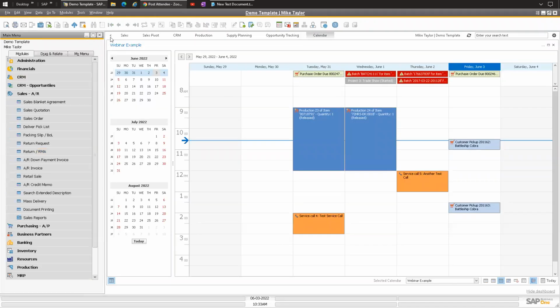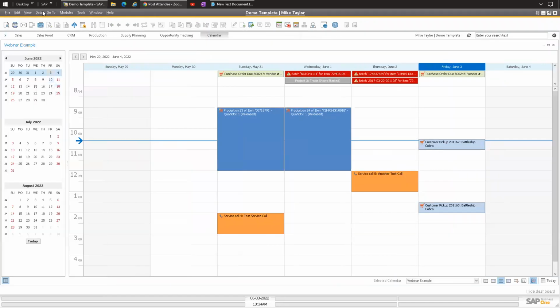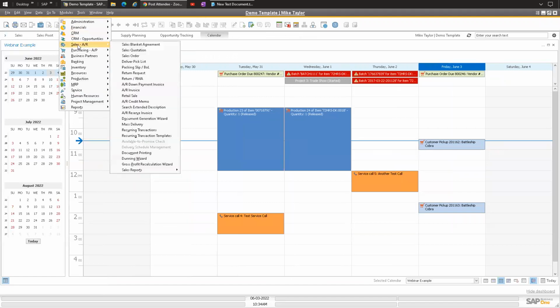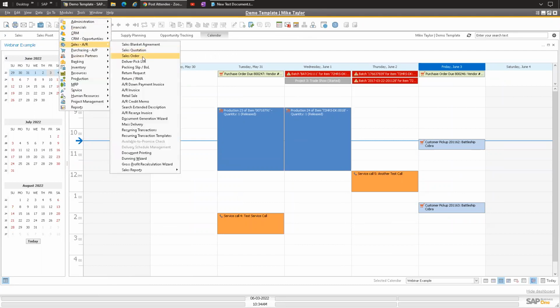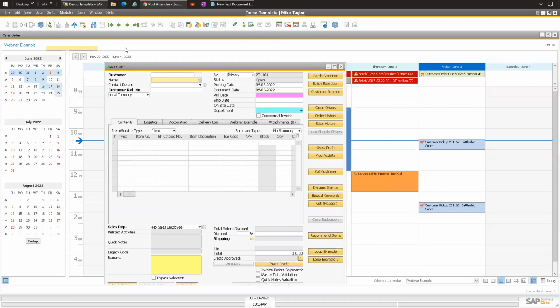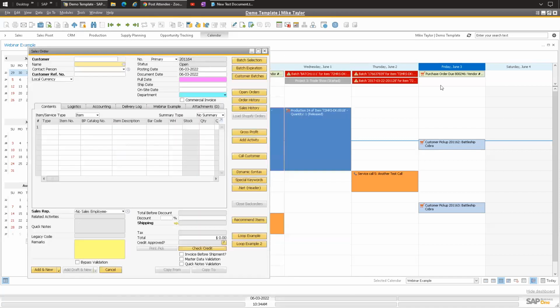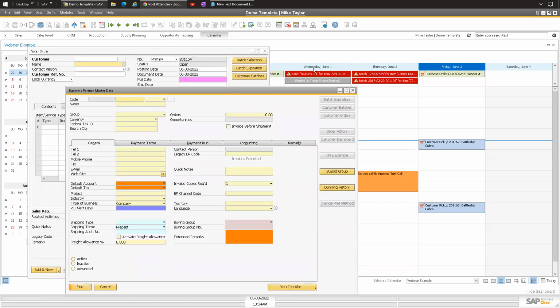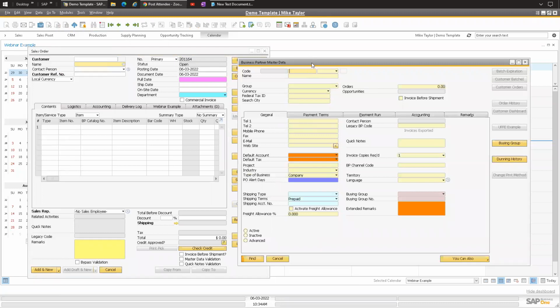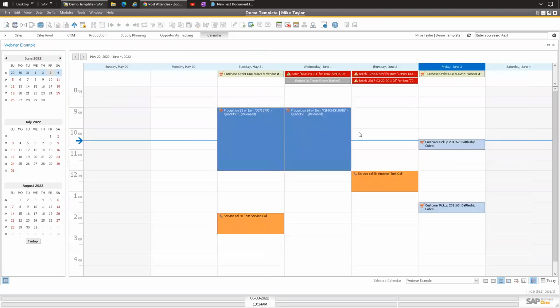What I like to do is push this little triangle. I like to use the modules and have the various pieces of the various menus here just from this modules menu at the top. So modules, sales order. Then no matter what I have, I can always open another one. I'm not restricted to having that sidebar, and I have a lot larger space to use my dashboard. So I can do that, business partners, and it always overlays. So from my standpoint, that's just a little trick for getting a little bit more out of your dashboards.